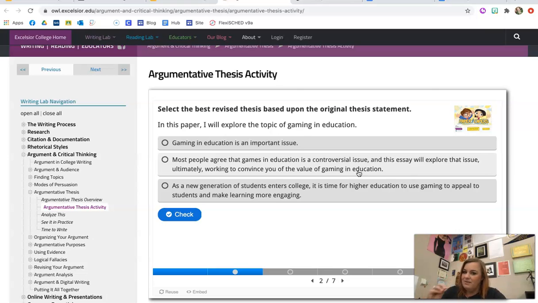We're getting closer, but we still have some problems with this thesis here. So we have some context. Yep, it's a controversial issue. And we have here a bit of an argument, "working to convince you of the value of gaming in education." So this language is hinting at an argument. The suggestion is there. Someone has whispered it across the room. But look, there's still this announcement here. "This essay will explore this issue." Oof. We want to avoid announcements and just focus on assertions. So this is still at that level. We get a preview, but there's not a strong argument present, and it still contains an announcement,